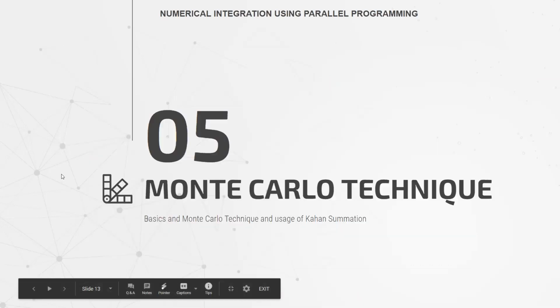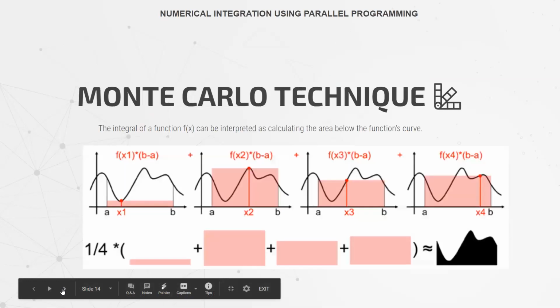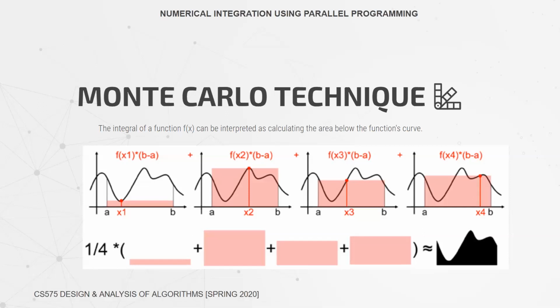Now I would like Harsh to talk some more details about the Monte Carlo technique. Hi, my name is Harsh, and I'll tell you about a more interesting technique, the Monte Carlo technique, which basically uses random points to calculate the area of an integration. As we can see in the slides, random points are taken over the arc of the integration, and its area is calculated, and that area is then aggregated, and its average is taken out. So we get a more accurate area of the integration.